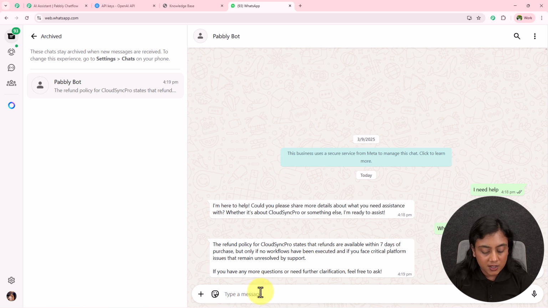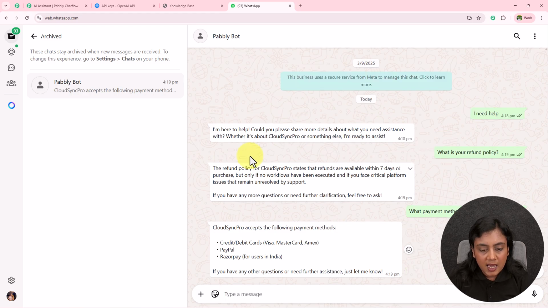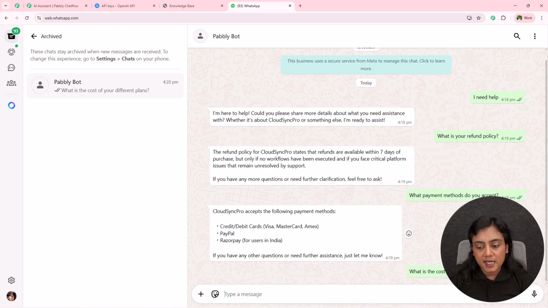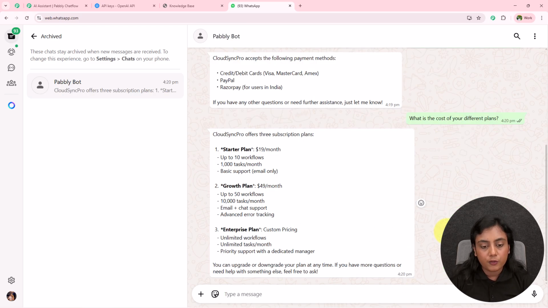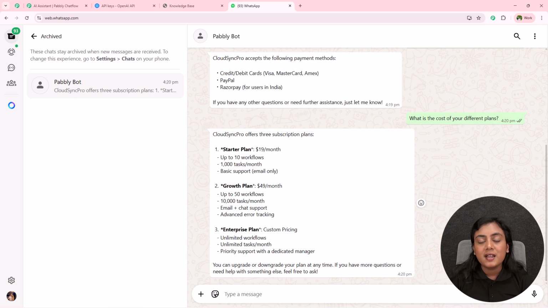Okay, so I've received this reply. My next question is, what payment methods do you accept? I'm going to send this question. I've received the reply: Cloud Sync Pro accepts the following payment methods. These are the payment methods you can see right here. I have a last question. What is the cost of your different plans? Okay, I've sent this question right here, for which I've received this reply with the different plans. Okay, so this is how this AI assistant is created, and you can now automate your WhatsApp conversations